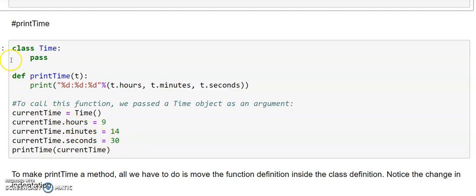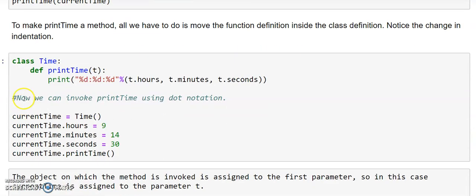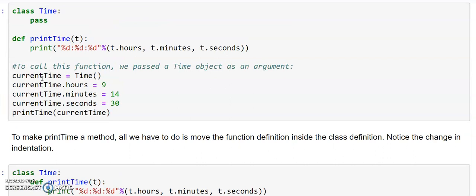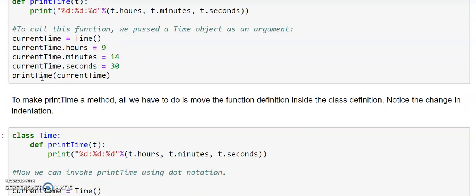Now what we are doing is the same thing. Instead of making this a function, we want to make this a method of the class. So what is the change now? The change is only with respect to the indentation. Since we are writing a few contents inside the class, now we don't write this pass. Even if you write the pass, that doesn't make any change. You can try with this. The main important thing is the indentation. So if I just follow this indentation, what was earlier a function now becomes a method inside the class Time.